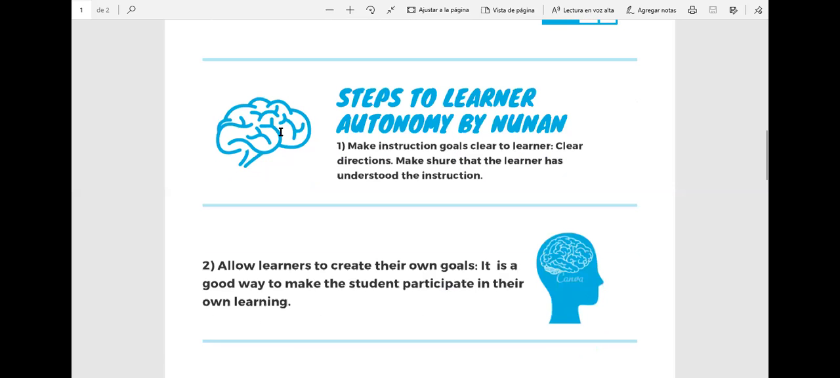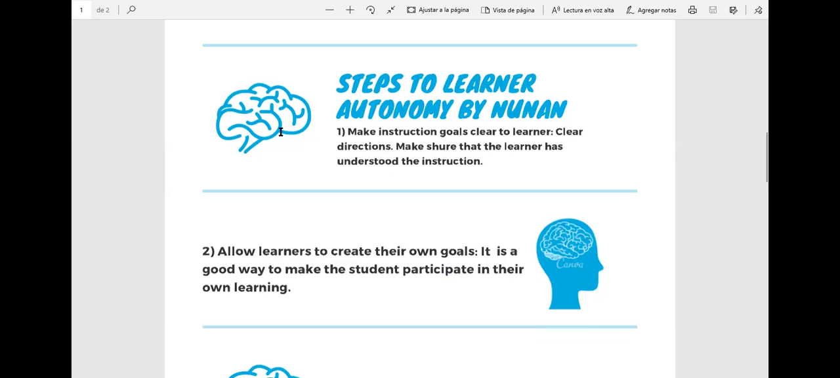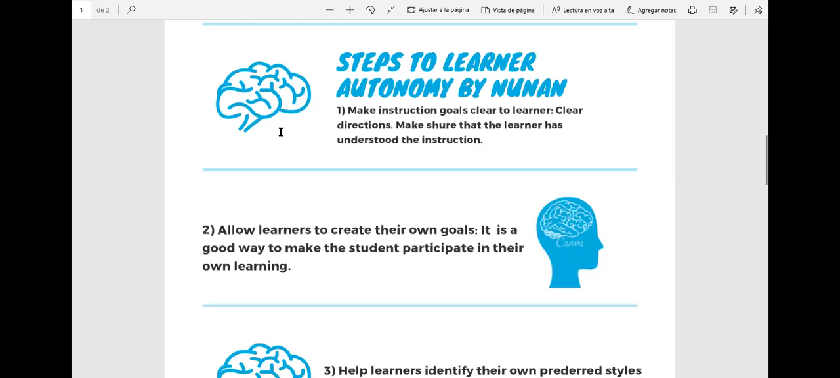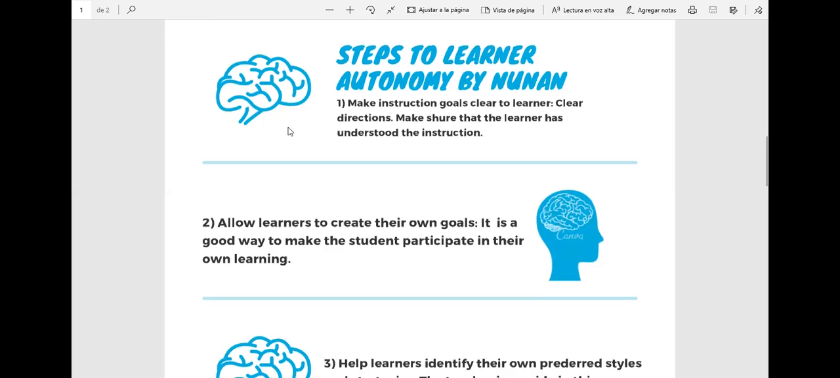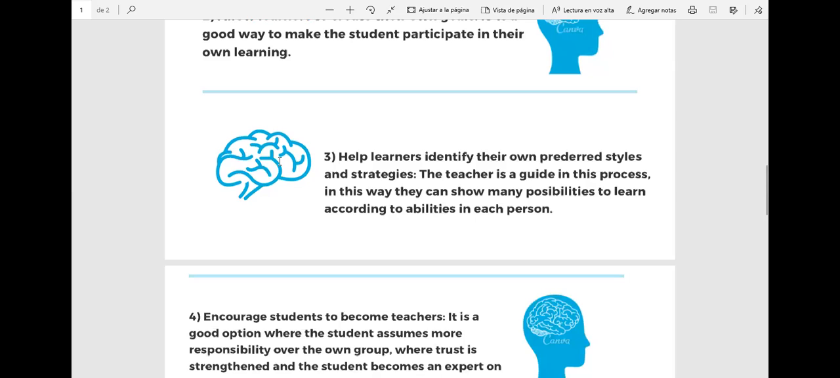Well, I chose nine strategies that I consider important. The first is make instruction goals clear to the learner, clear direction, make sure that the learner has understood the instruction. The second is allow learners to create their own goals. It is a good way to make the students participate in their own learning. The third is help learners identify their own